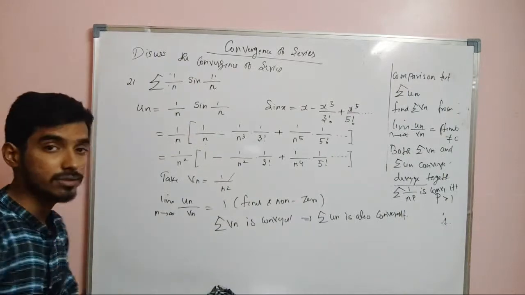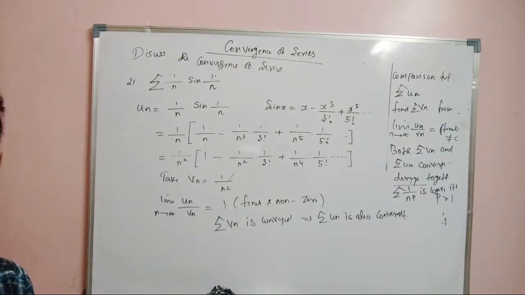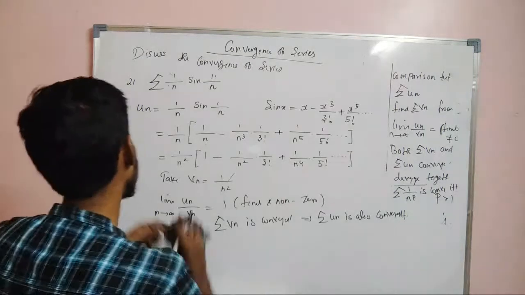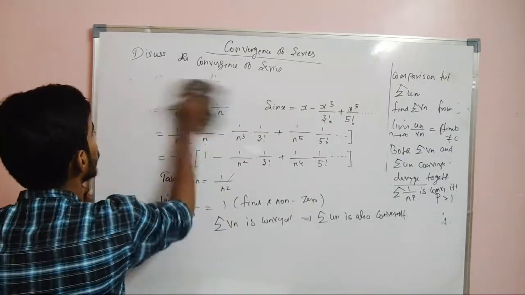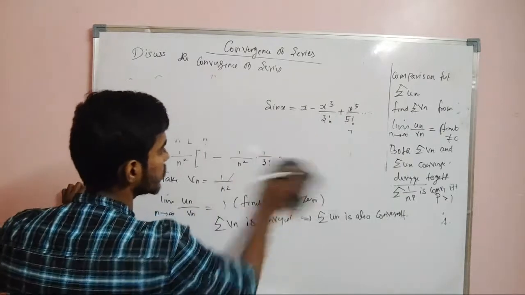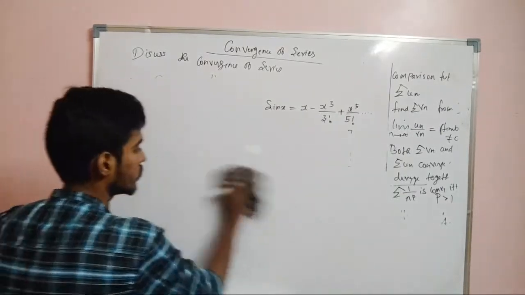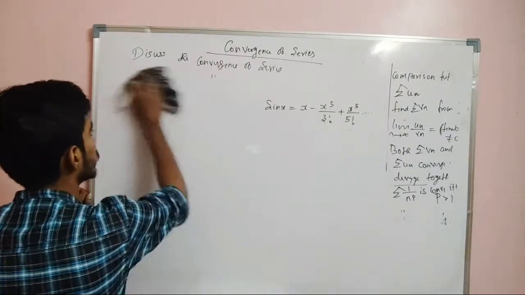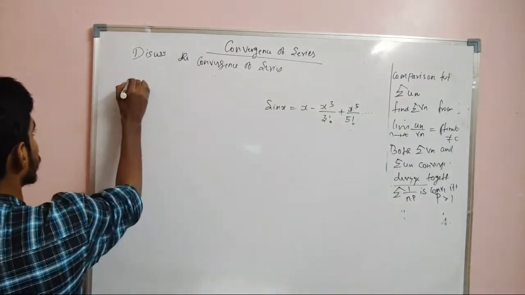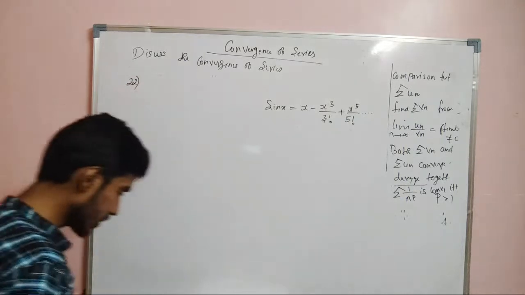Sin 1 by n is divergent. Sin 1 by n square is convergent. Sin 1 by n sin 1 by n is again convergent. So we will move on to the 22nd problem. So the 22nd problem is